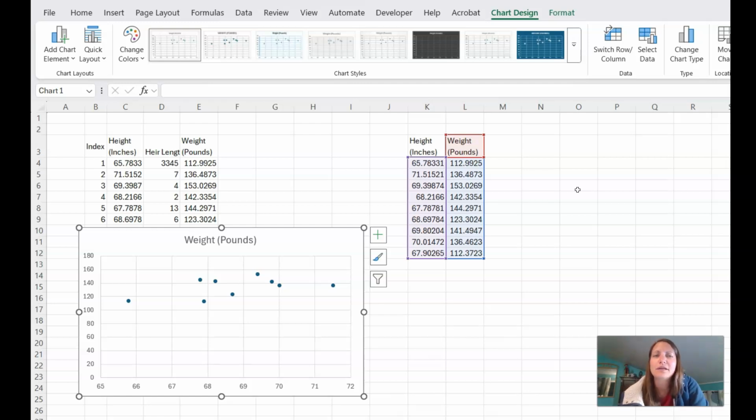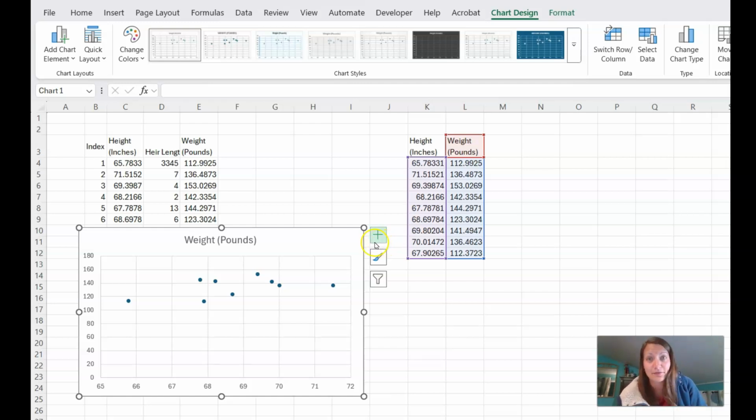Like genuinely trust nothing. So what I'm going to do is I'm going to look at my values. Okay, I see my x-axis ranges from 65 to 72 and my y from 0 to 180. So if I look at my values, I can determine, okay, my height must be here on the y-axis. So I think one of the first things I'm going to do to keep everything straight is go ahead and